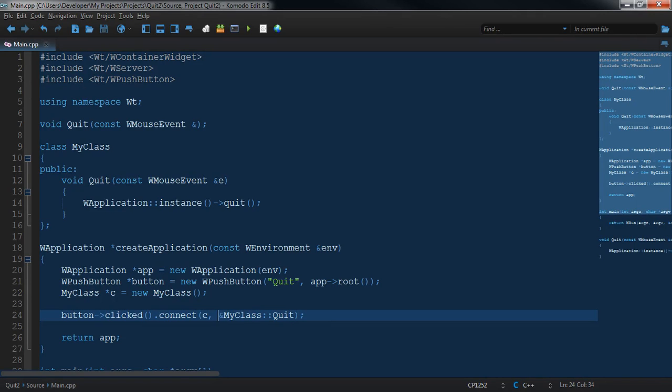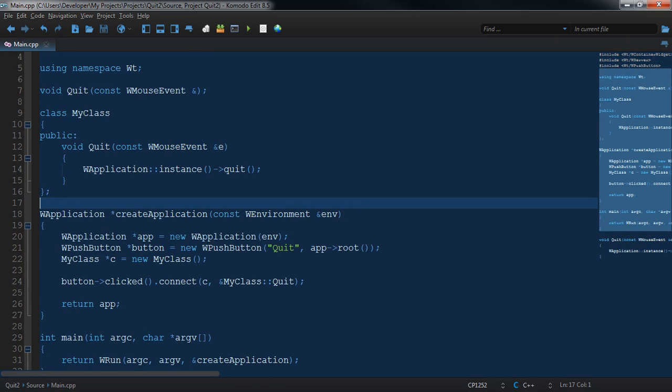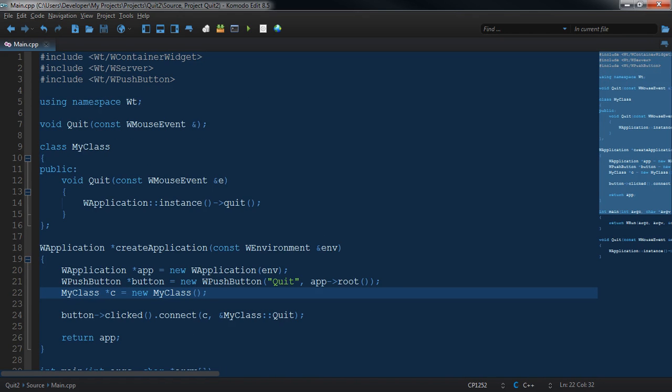This is going to be a continuation of video number 14 on signals and slots. I wanted to show how you can use an instance of a class with signals and slots, and how the object would be tracked. Instead of recreating the entire project, I created another project and did some copying and pasting. Basically what you have here is the global function, and that's what we did in the first tutorial